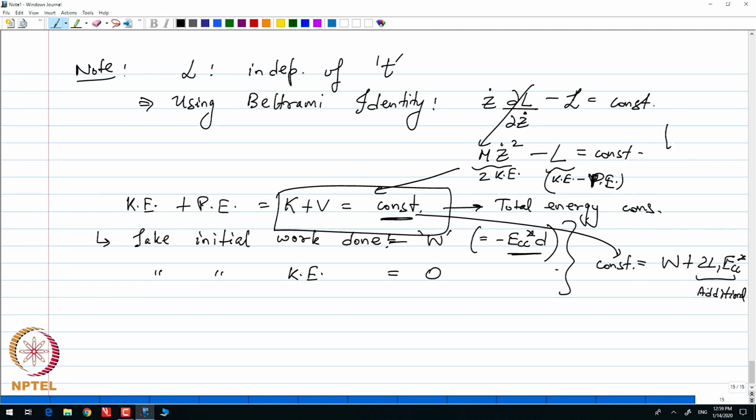Note that when we have 2 nanotubes, let me draw this figure here of the inner and the outer. We first extrude by a distance d, and even before extruding by a distance d, it also has to be extruded by a distance 2 L1, which is the length of the inner nanotube. So that is the additional work done because of this diagram. So my constant is the following which I have written.